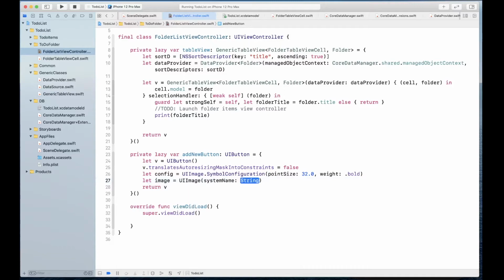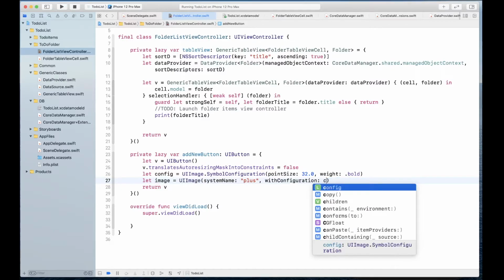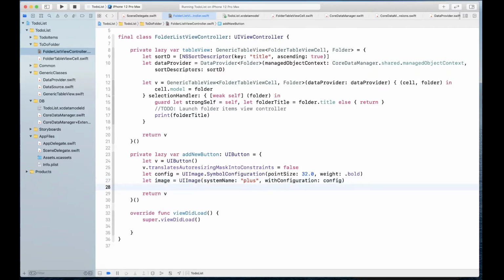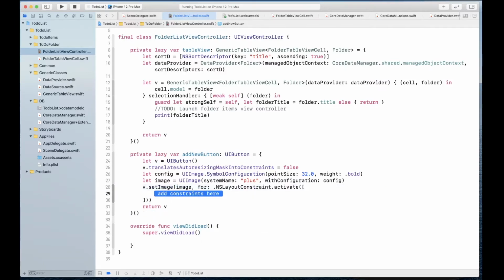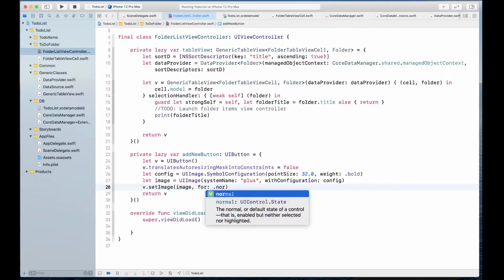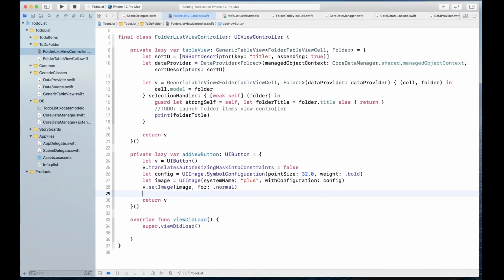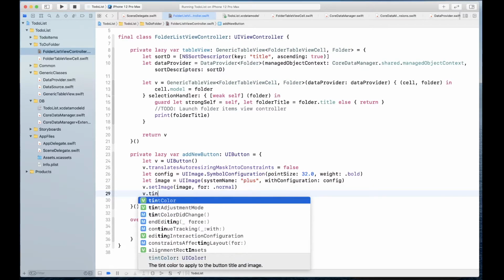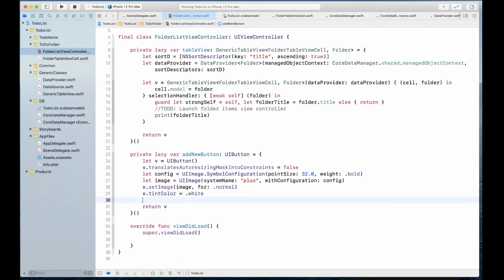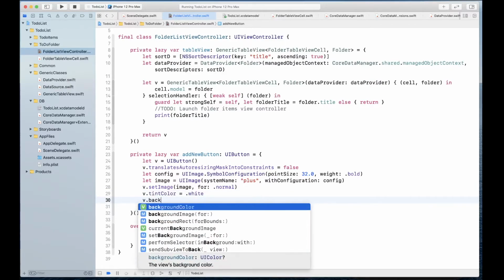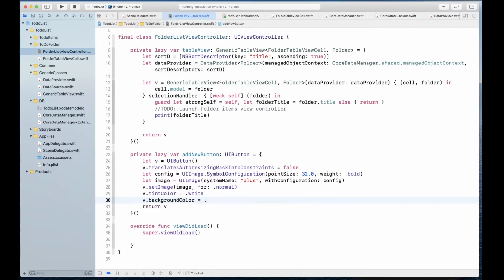So system name, we're going to use plus symbol with configuration defined in config. Okay, we're going to set the image for the view, and the image is going to be the image that we just created for normal state, and we're going to set the tint color to be white, set the background color to be blue,